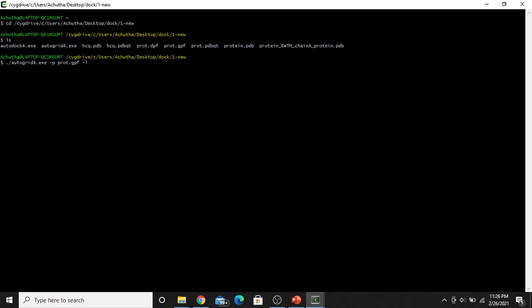You have to convert this prod.gpf into a glg file. So type prod, the same name you can give, or you can give any other name also, but it would be better to give the same name to identify.